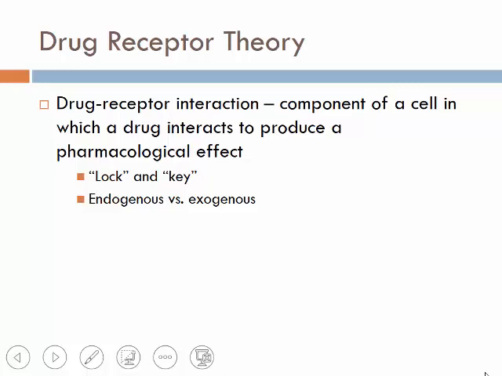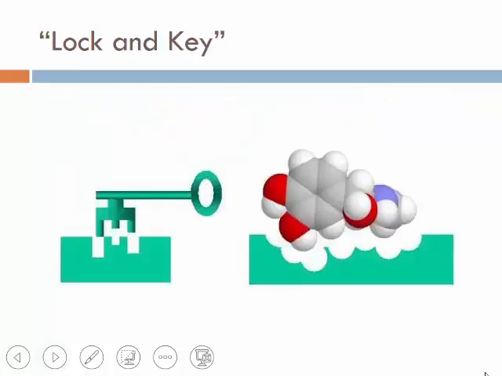So the drug receptor interaction is where the component of a cell in which a drug interacts to produce a pharmacological effect. And we often say that it's a lock and key kind of action, so you can think of that metaphor. These can occur with both endogenous and exogenous compounds. So it could be a drug that we give, or it could be an endogenous compound that acts in this way. So just like this drug molecule comes in and turns on a receptor or blocks a receptor,